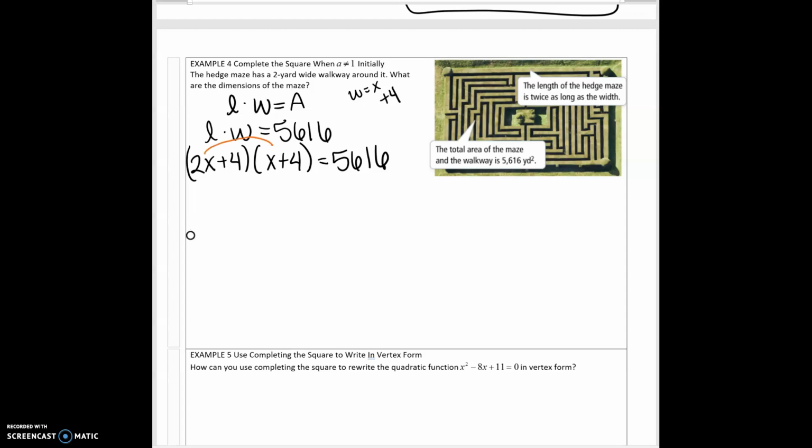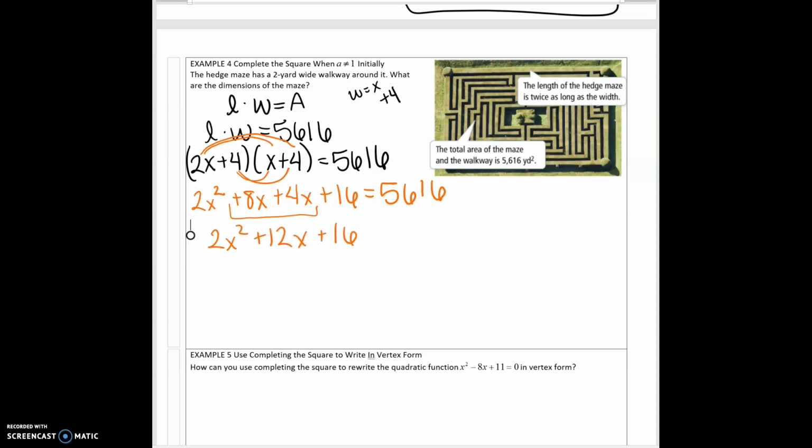So 2x times x, 2x squared, 2x times 4, 8x, 4 times x, 4x, 4 times 4, 16. And that equals 5,616 still. Combine your like terms: 2x squared plus 12x plus 16 equals